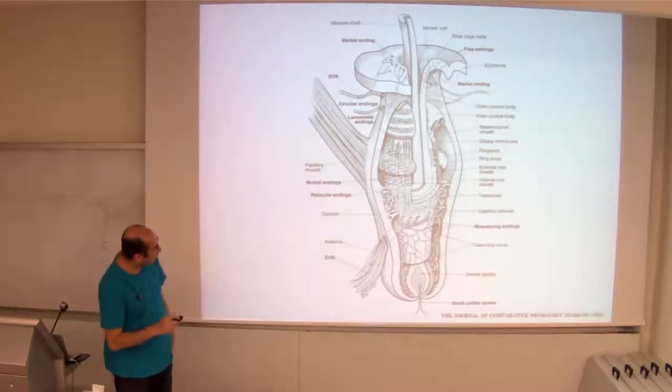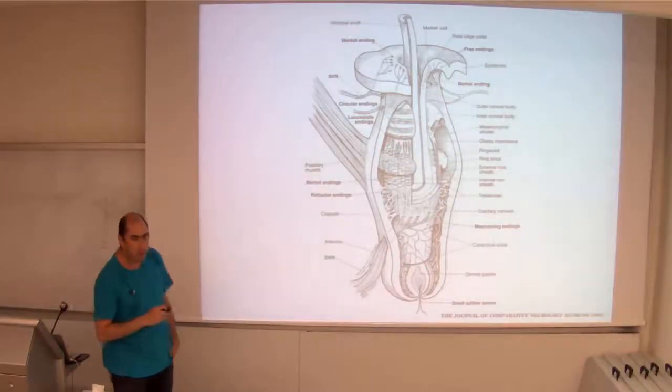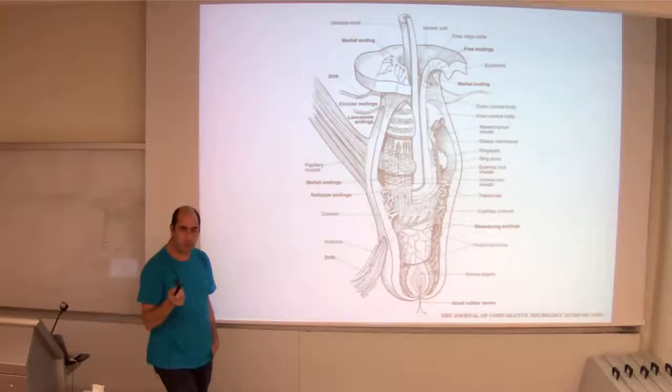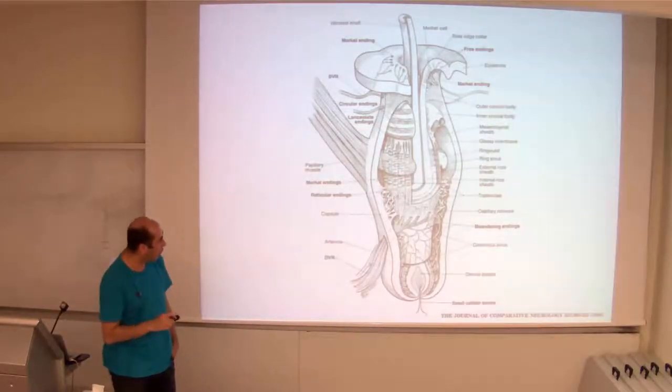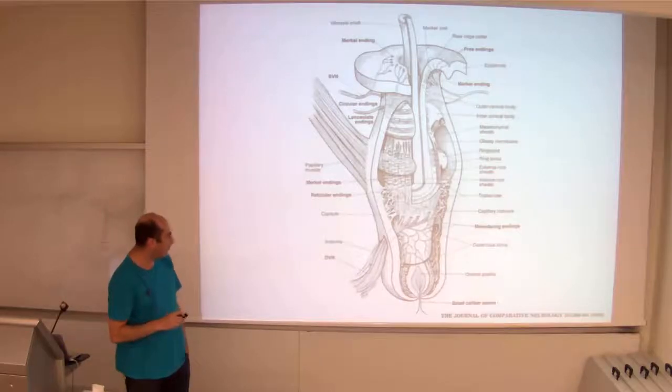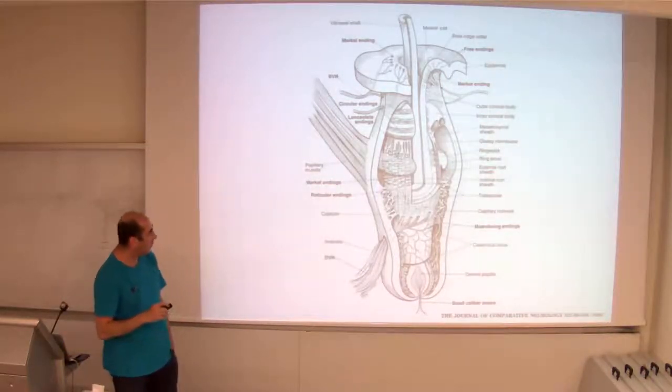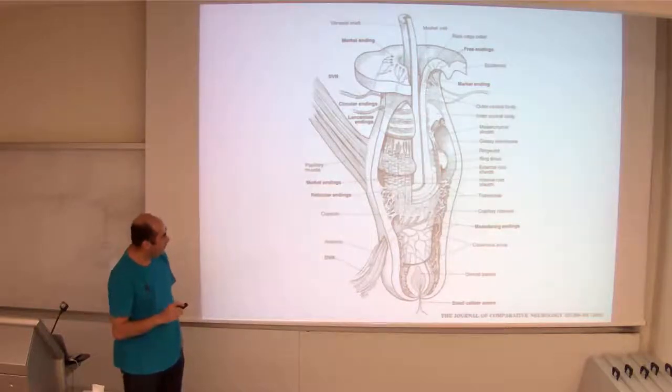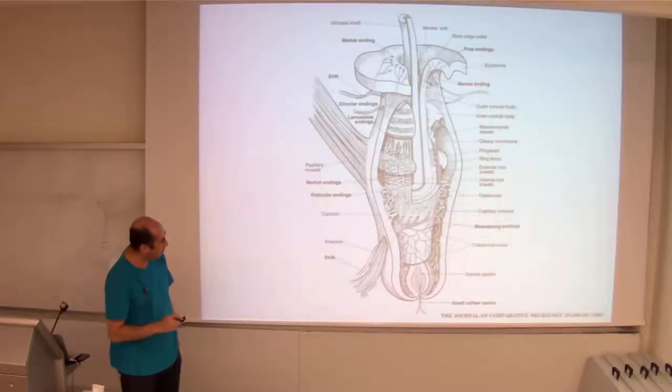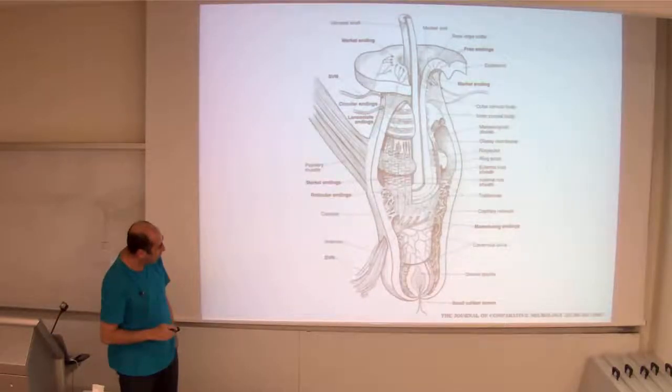But the base of the whisker is wrapped with many, many types of receptors. One of them is a Merkel ending, which is one of the receptors that we talked about in the skin. There are also other free nerve endings and others that are not completely identified yet. And all these receptors are sending axons outside the follicle, and this axon is the